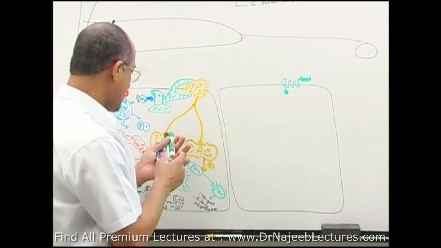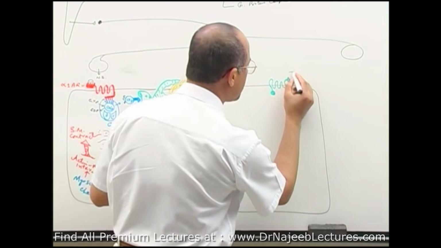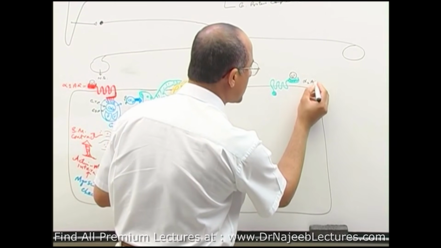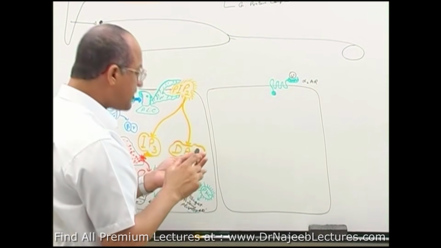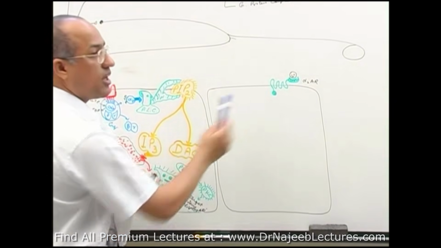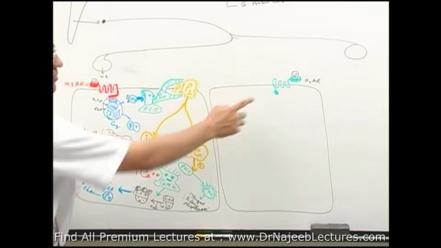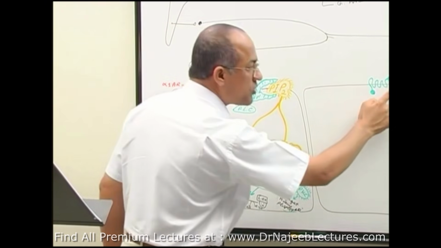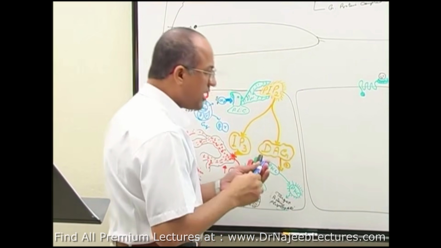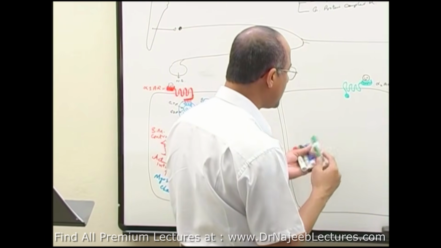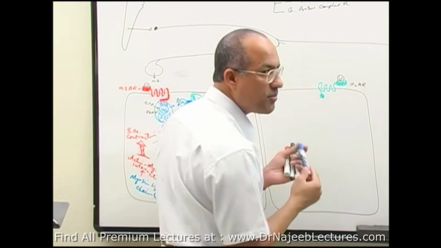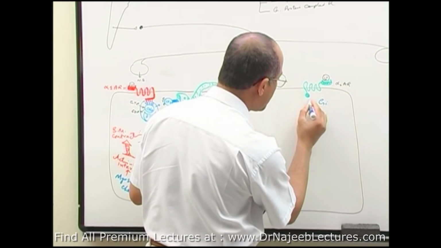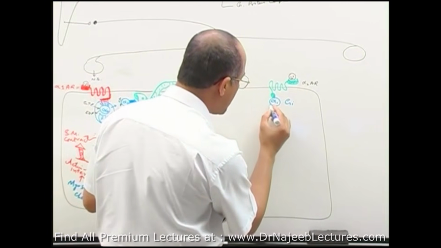And whenever norepinephrine or epinephrine binds here and the alpha-2 adrenergic receptor is stimulated, intracellularly it will not stimulate Gq. Alpha-1 was coupled with Gq. The alpha-2 receptor is not coupled with Gq, it is coupled with G inhibitory. This is coupled with G inhibitory protein, and G inhibitory protein has alpha inhibitory, and with that it has beta,